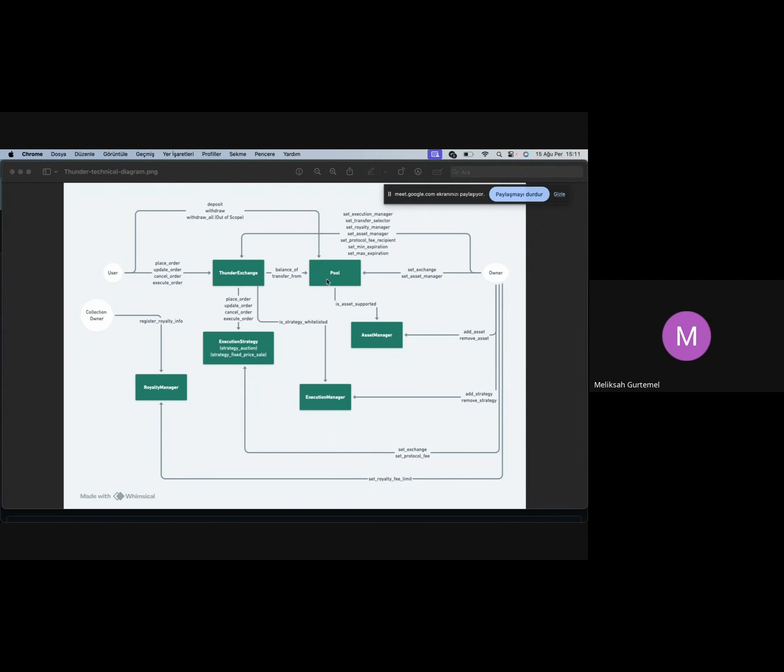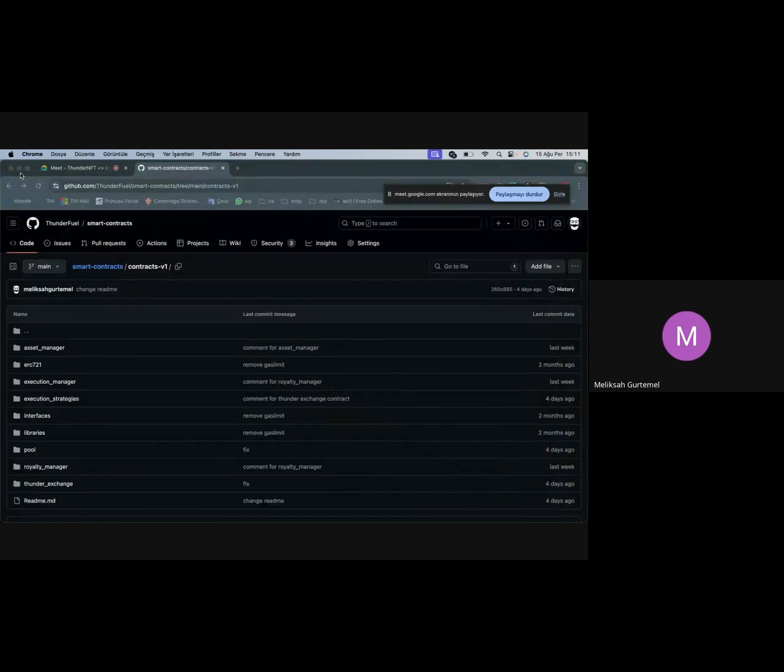You can definitely check this out. The user, as I said, will mostly interact with the Thunder Exchange and also the pool for the deposit and withdraw. Thunder Exchange calls the other contracts in order to handle all of these interactions. And lastly,